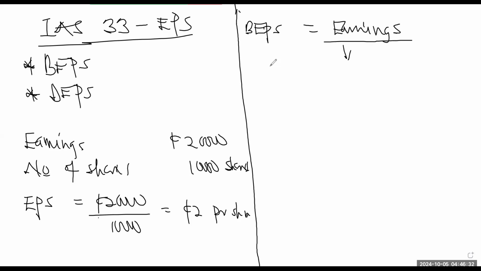So let me just make it very simple. Weighted average number of shares. This is how we do it. The earnings that we are talking about over here, which earnings are we talking about? We are saying that earnings are attributable to the ordinary shareholders. So the earnings is calculated as profit after tax minus